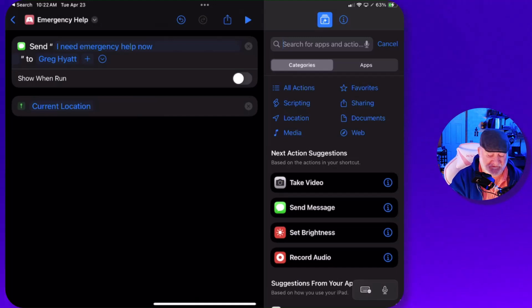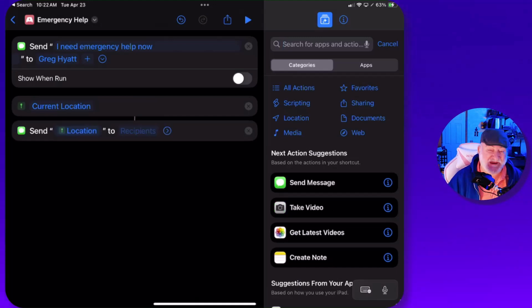So, one more message, send message. Now, you'll notice as soon as you do that, it ties both the current location and the send message together like it's one element, right? Perfect. So here's what we're going to do. We got the current location, and of course where it says send location, we're going to tap again into the 2,